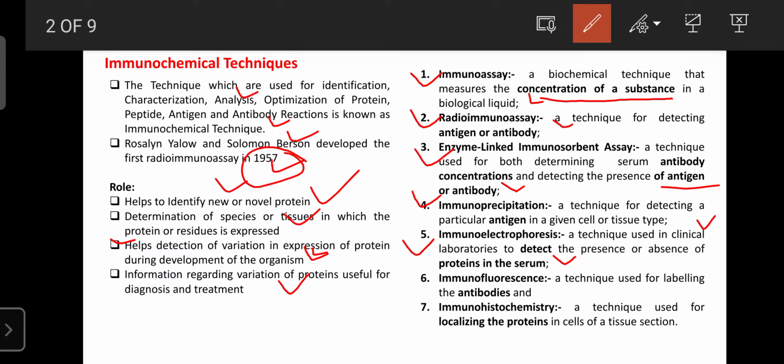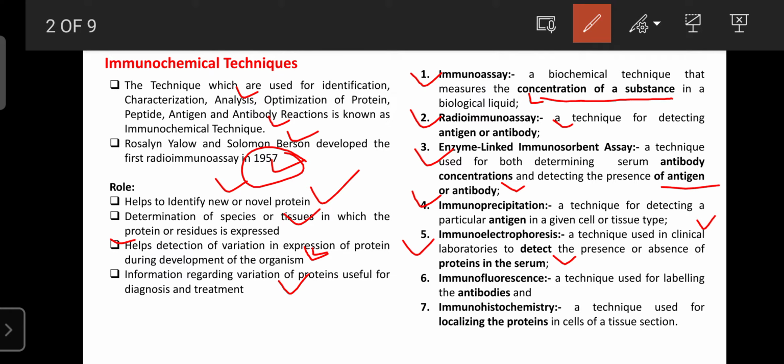Okay, so the next one is immunohistochemistry. It is also one of the important techniques used in immunochemical techniques. This technique is used for localizing proteins in the cells of tissue sections. So proteins present in the cells or tissue sections are studied or identified with the help of